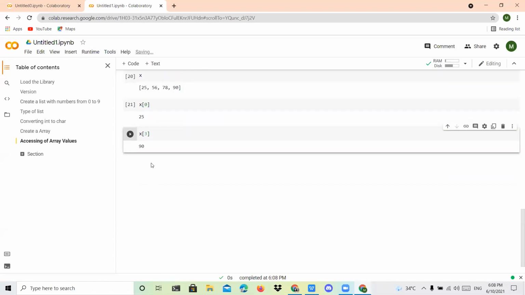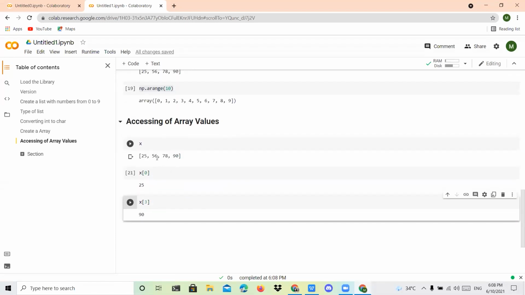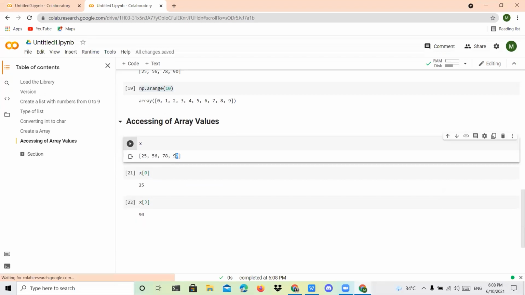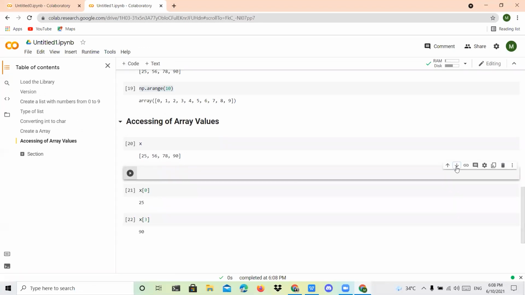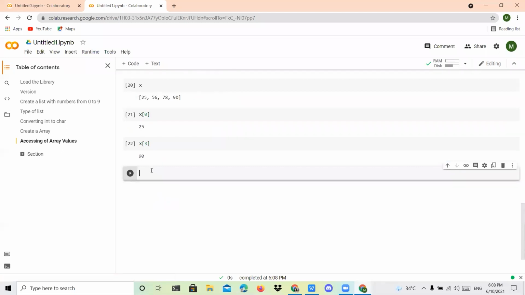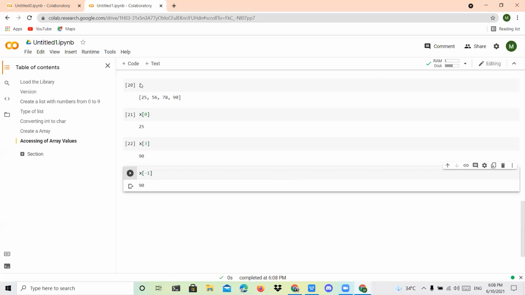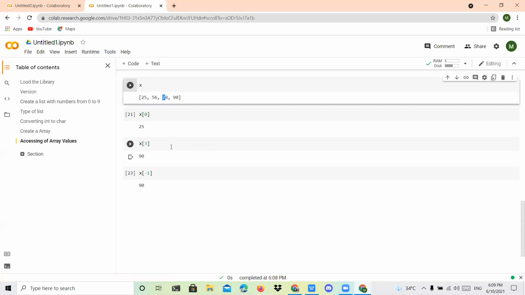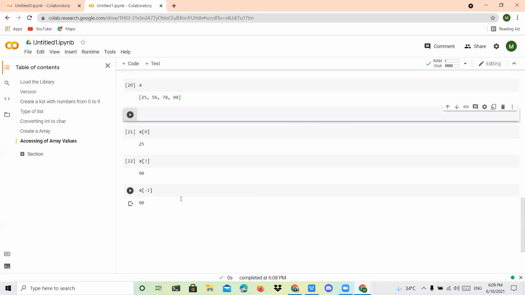You can also use the reverse format, accessing from the end position. The last value is always referred to as -1. So if I give X of -1, 90 will be printed. To show 78 on the screen, what syntax do we have to use? -2.